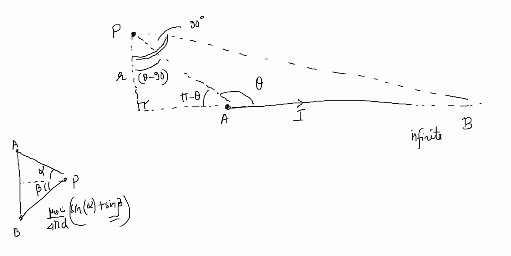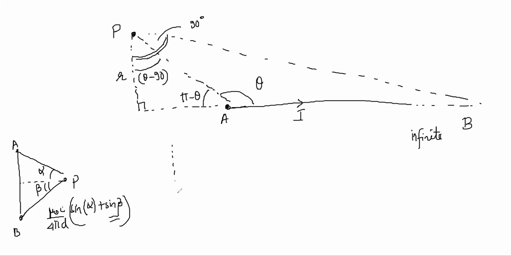So now sine alpha plus sine beta will be what? 1 plus sine theta minus 90, which is minus sine 90 minus theta, so 1 minus cos theta is what I feel like it will come. How are you getting 1 plus cos theta? I got 1 minus. It feels like it should be 1 minus cos theta, right?